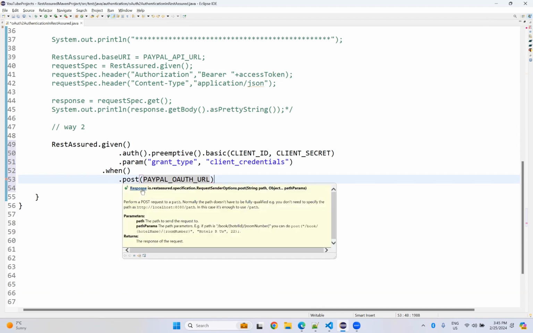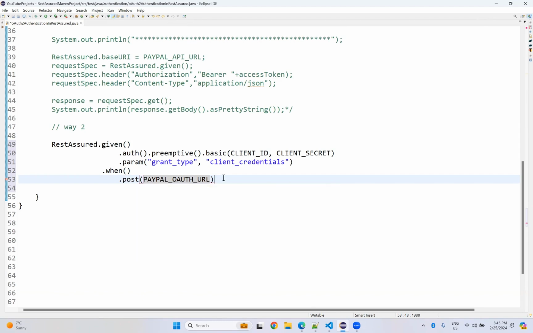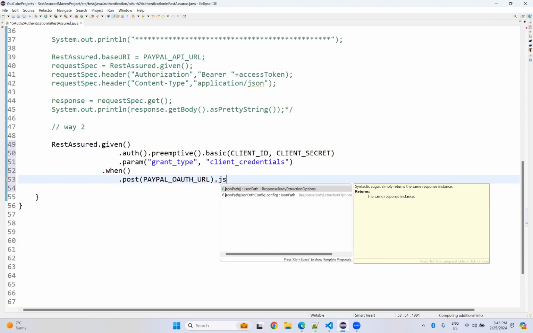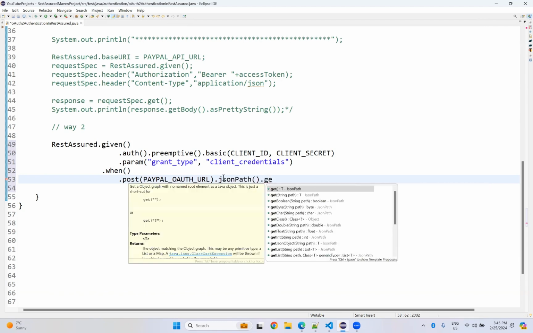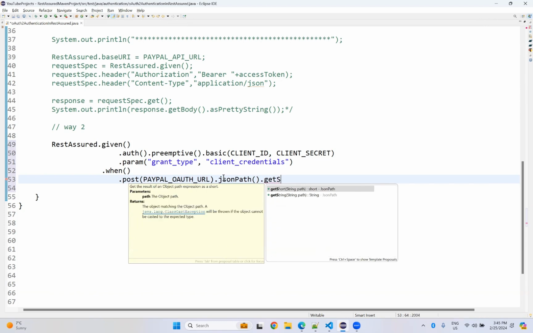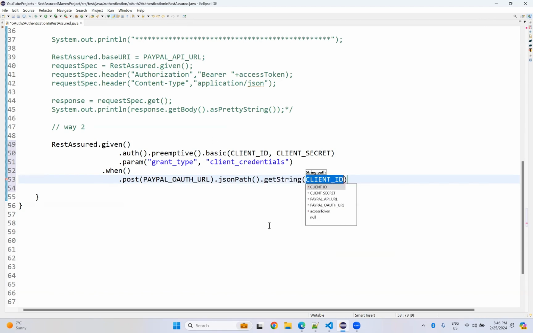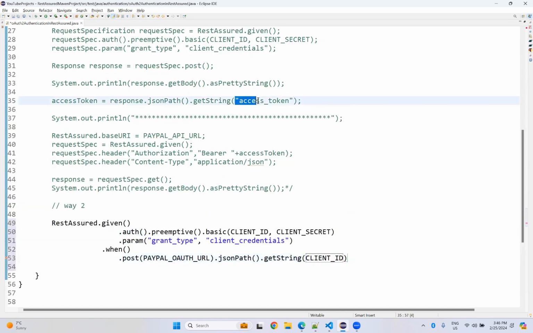You see that response. But from the response, what do I need? The access token, with JSON path dot get string. We need to provide this access token. It will give a string, so I'll store it in an access token. So when given authorization, client ID and client secret, and grant type is client credentials,